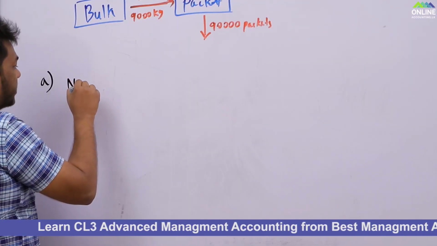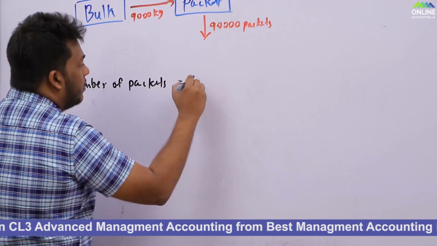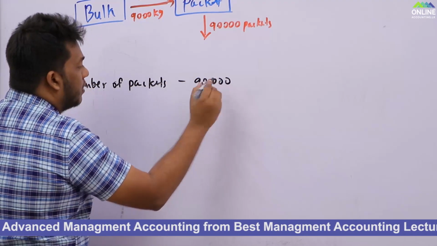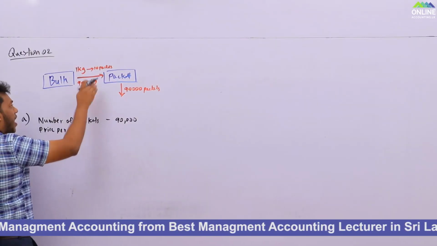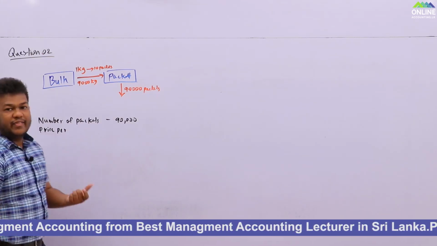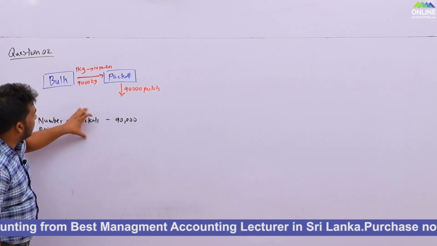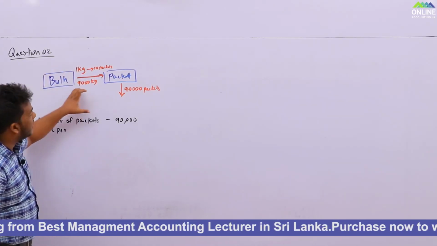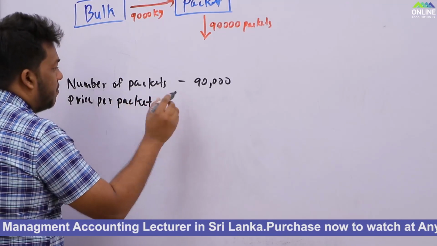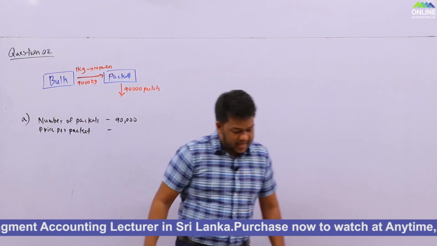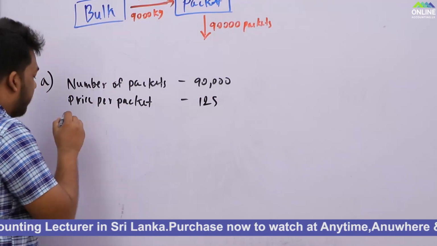So number of packets, 90,000. Price per packet. See, very easy if you have this structure. This is a small one. We have done very advanced questions. So here, when you have this structure, it is very easy for you to identify the numbers and identify the relationship. Right? Price per packet is how much? In the external market they are selling at 125. So then the total revenue should be